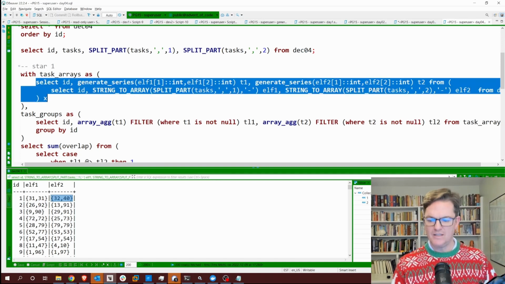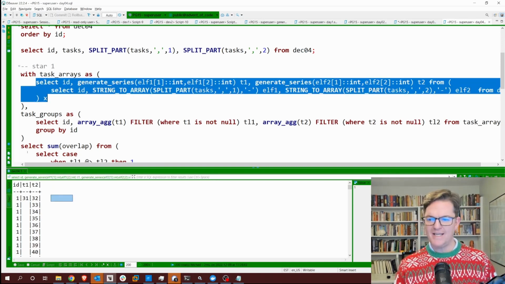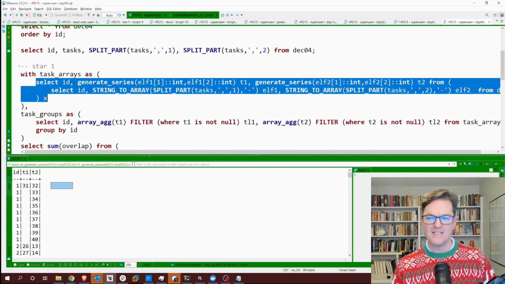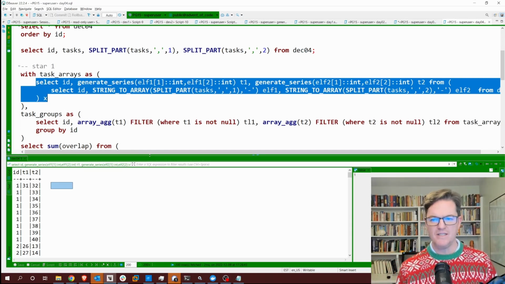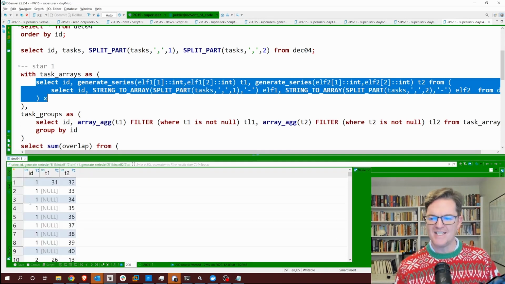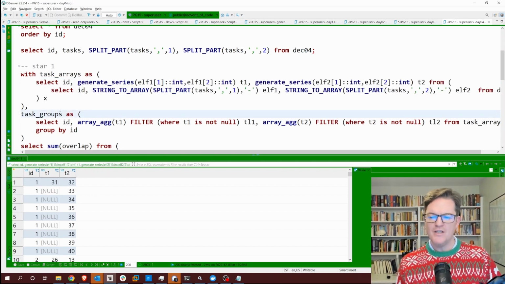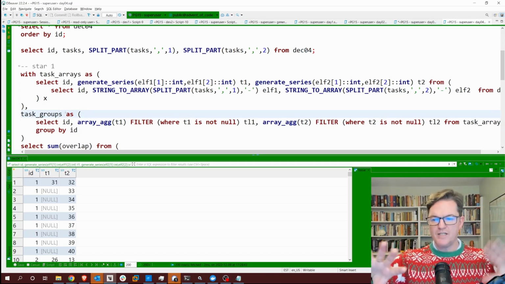So what does that look like? Well, now I get a whole array. Now, since I'm doing generate series, I'm getting kind of a table of this, right? So the first one, it was one value, 31-31. So it's just going to return one value. Otherwise, I get nulls. You can kind of see that in the grid if I do it this way. But I get a total set of values for all of these arrays. Cool. So I'm getting closer. So now I know all of the numbers that are contained within this whole range for every single